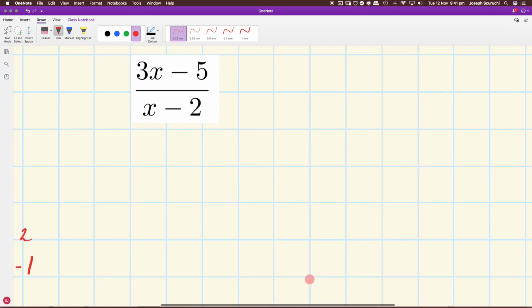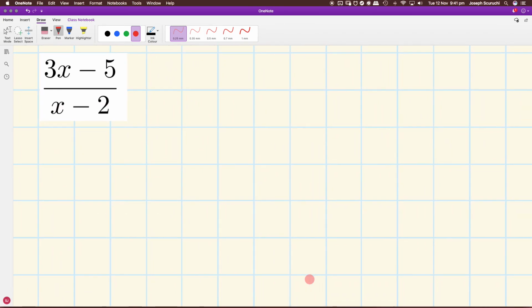Let's now move on to my next example, which is 3x minus 5 over x minus 2. Again, we follow our protocol. I would put my denominator here. They're the same. I then put this here. This time, I have 3 as my coefficient, so I'm going to have to put a 3 here. Therefore, I'm going to get 3x, and then 3 times 2 is going to be 6, so it's going to